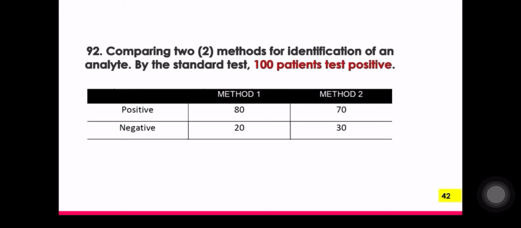Number 92, okay, comparing the two methods for identification of an analyte by the standard tests, 100 patients test positive po. Given, okay, sa method 1 po, 80 positives and 20 negatives. And for method 2 po, 70 positive and 30 naman po yung negative. Now, question,